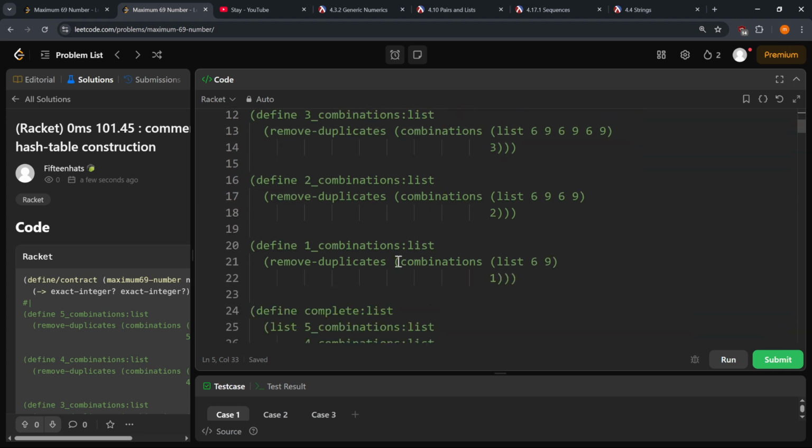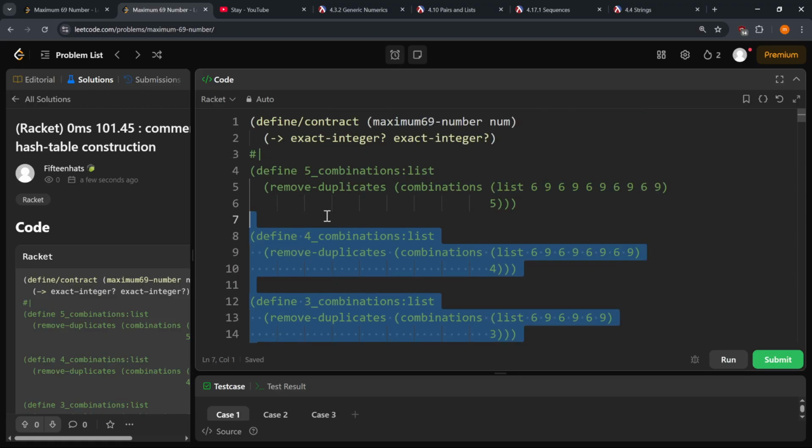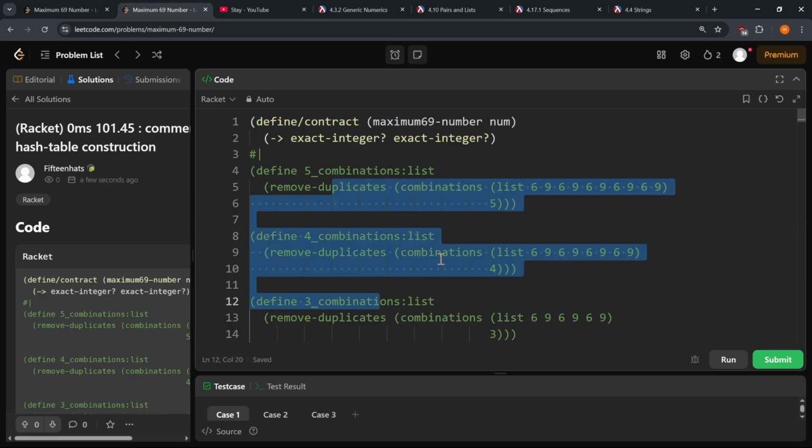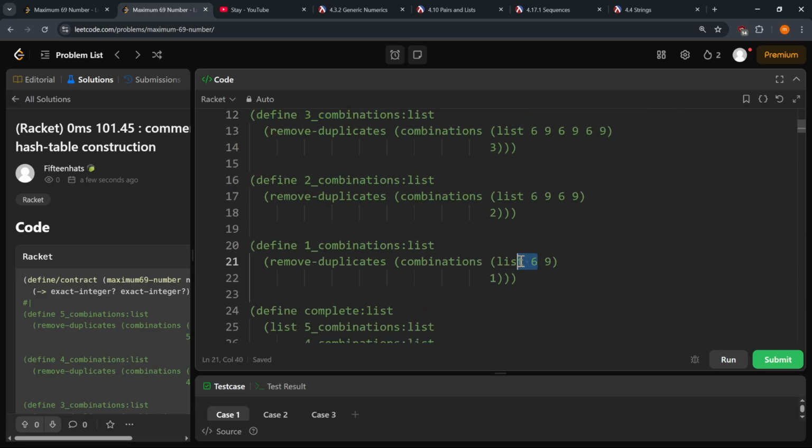I mean, actually, yeah, we could have automated this process. Because all you'd have to do is you'd start out with this 6, 9, and then conson 9, conson 6, but it doesn't matter actually. And then